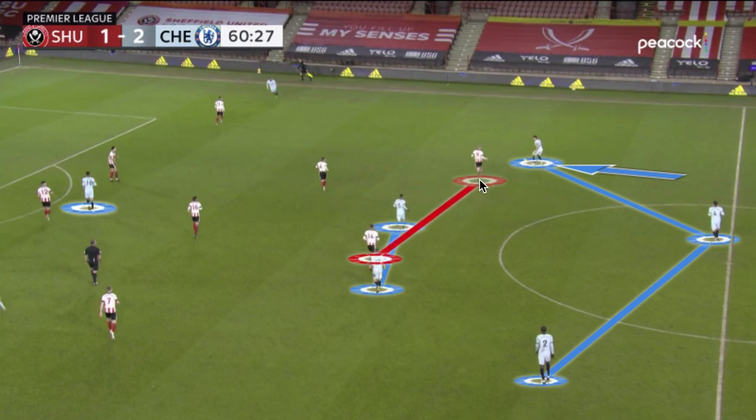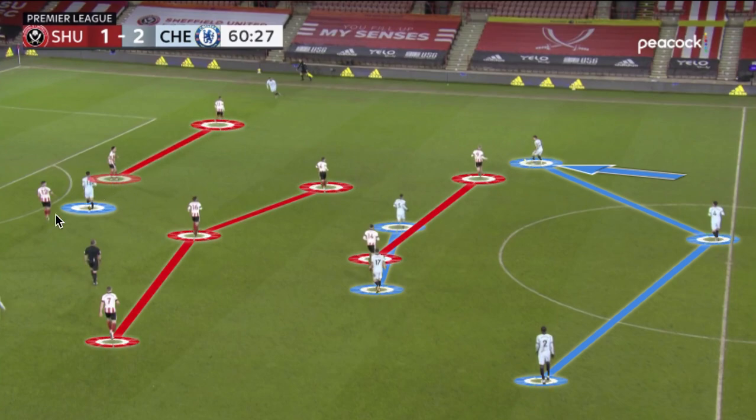So now, just want to show the compactness of Sheffield United. They have very good compactness and very good defensive structure, so it's worth noting. But now, instead of the wide midfielder stepping out to press the wide center backs, the center strikers do it,